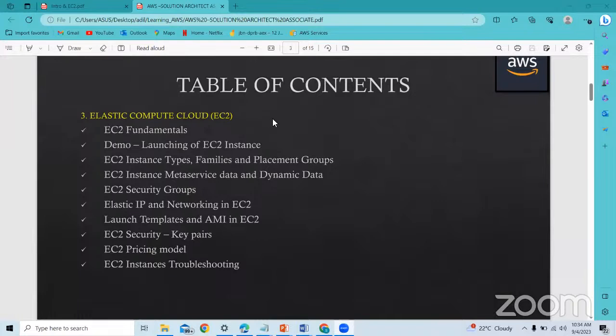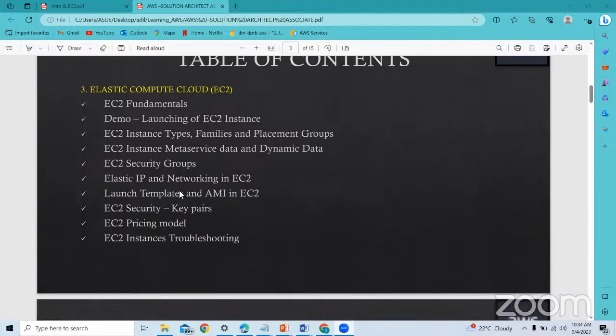The most used service is EC2. We'll go deep dive, we'll not just touch upon it. How do we launch it, what are the different types, what are the different pricing models. Everything we'll deep dive. We're going to do labs as well. I'm going to give you assignments, and in the same class we can launch an EC2 instance. This is one of the important services.